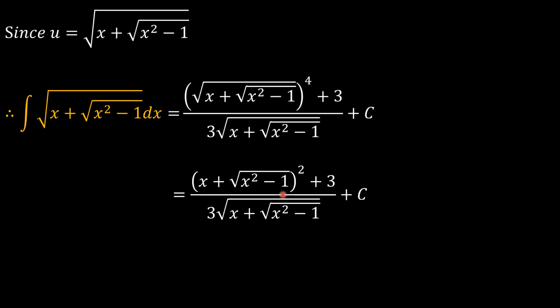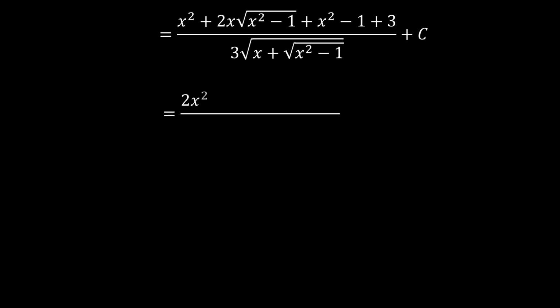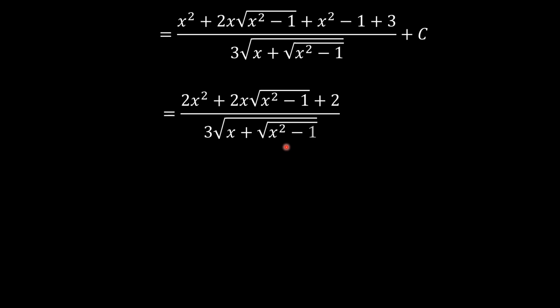I mean, if you're curious and you're obsessive, you could go on, but this is one of the ways that you may be able to solve this problem. Expanding this part here, you get what we have here, and you can continue making things easy. So you have 2x squared plus 2x times the square root of x squared minus 1 plus 2 over 3 times the square root of x plus the square root of x squared minus 1. So I would choose to stop here